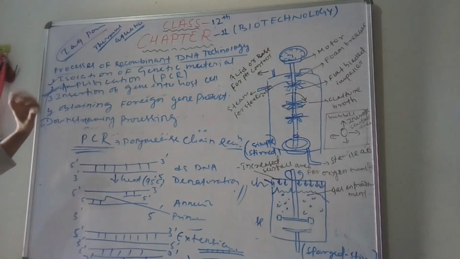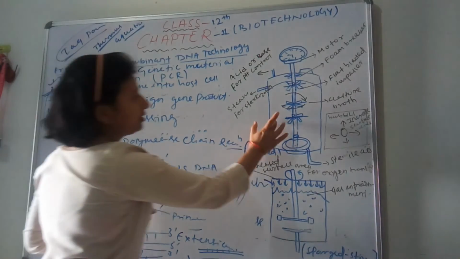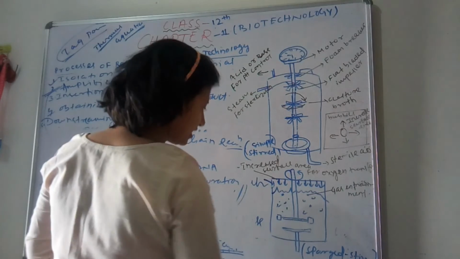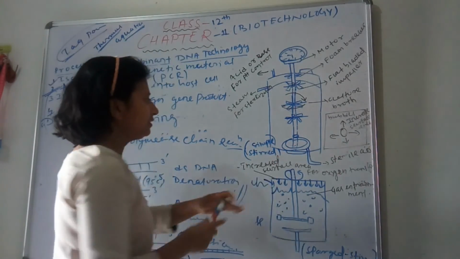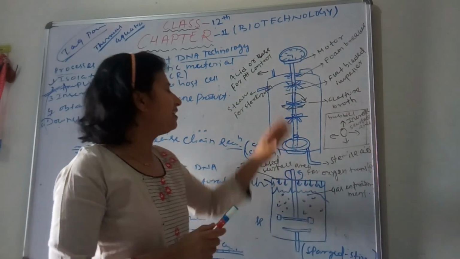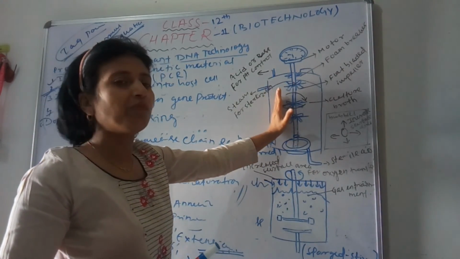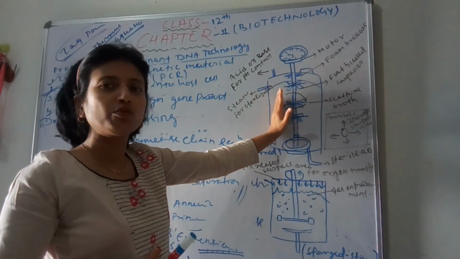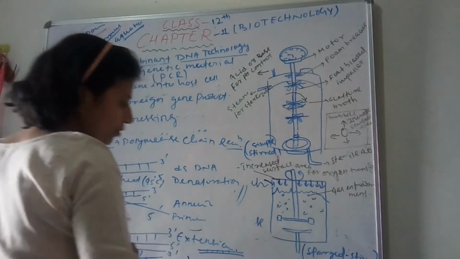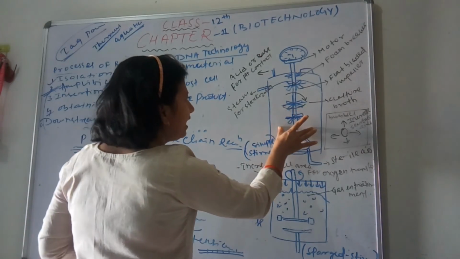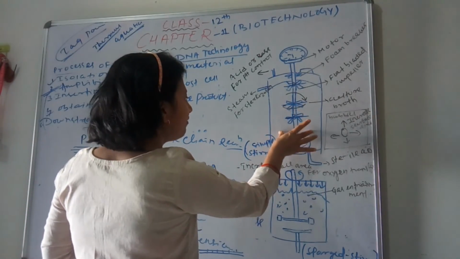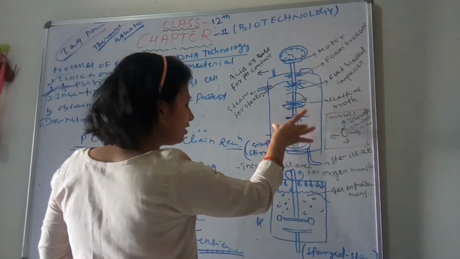So for that, we can use the bioreactors. These are called the bioreactors. Here the simple stirred tank and here the sparged type stirred tank. In this tank we are able to produce up to 100 to 1000 liters of the product which we want. So this helps us in producing the desirable or the recombinant protein which we want.